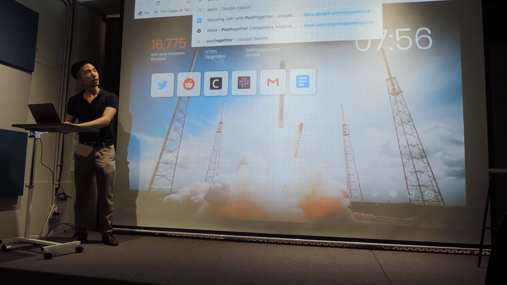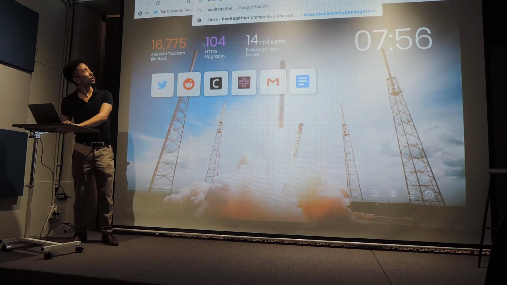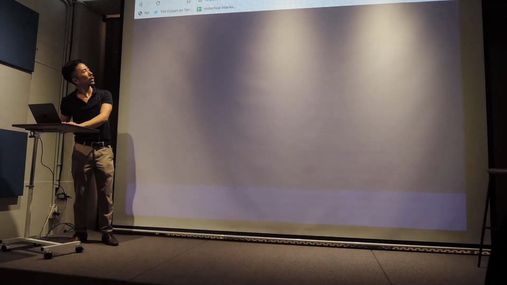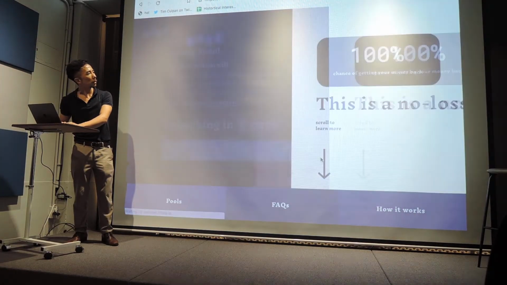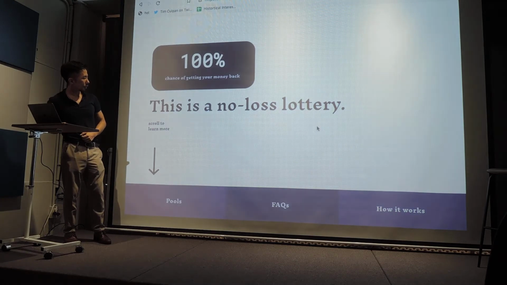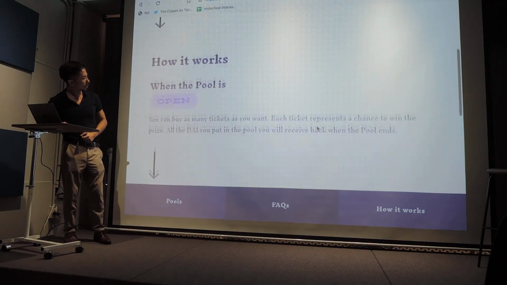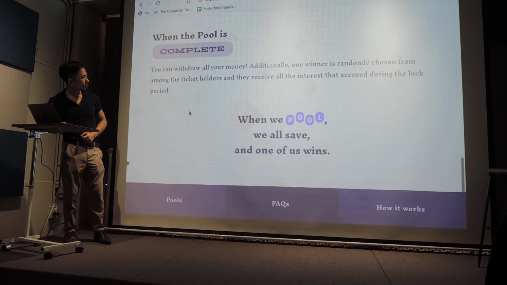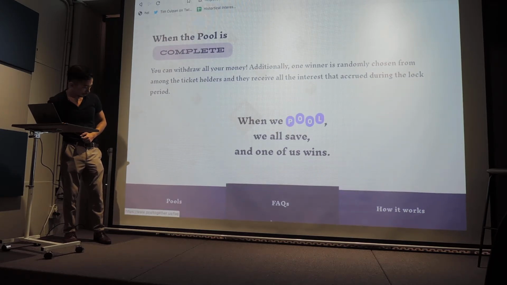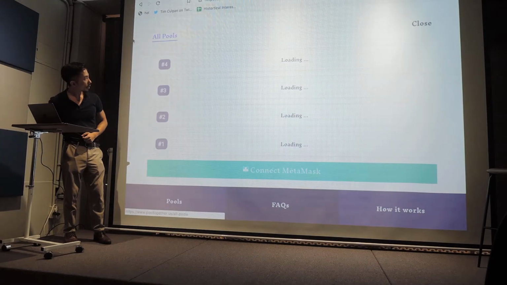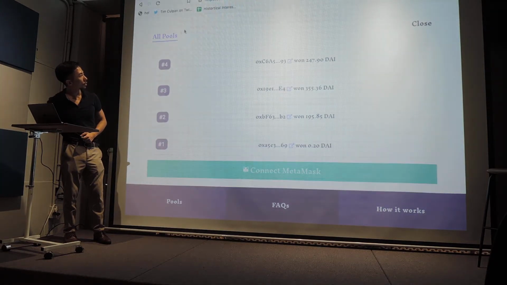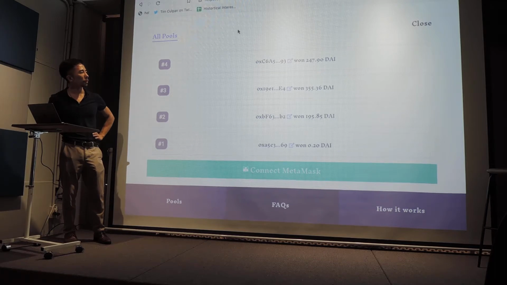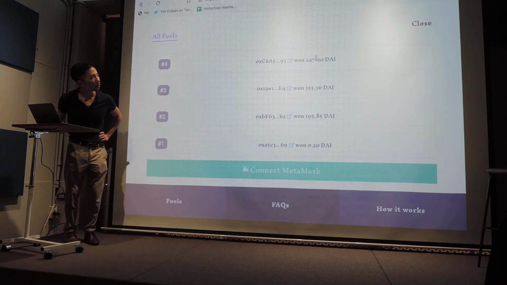So you can actually see the pool at the website decentralize.us. There's no pool going on right now, but you can see the last pool, someone won $200. The pool before that, someone won $300.